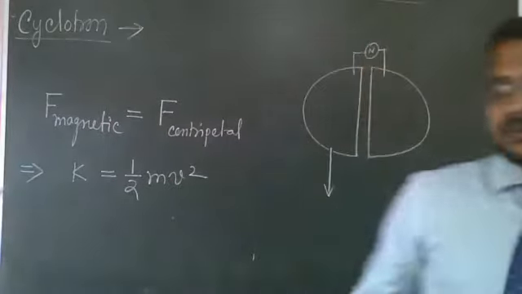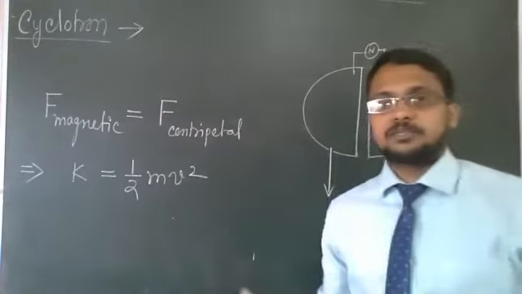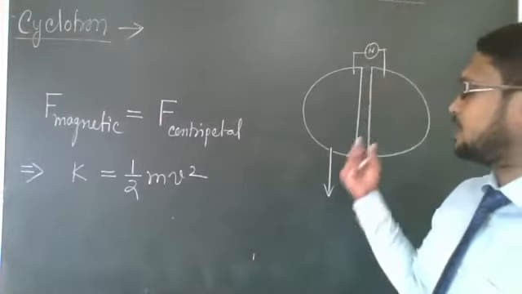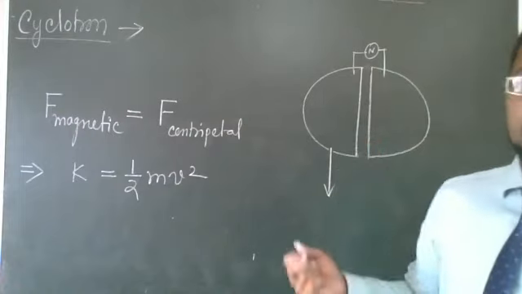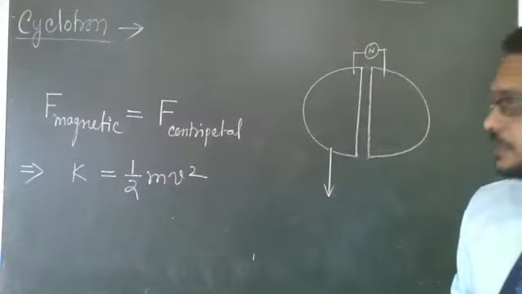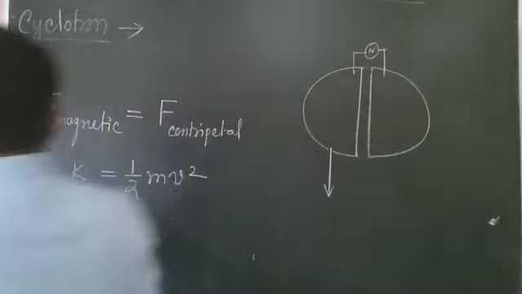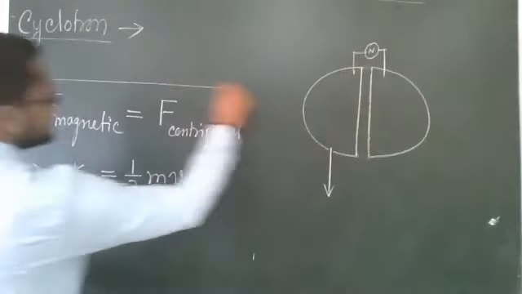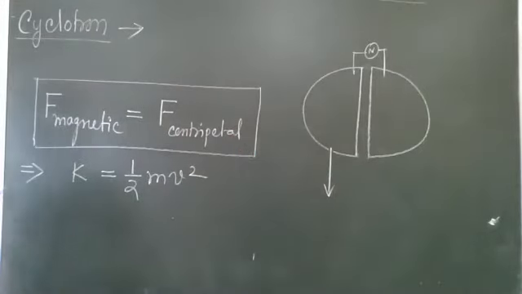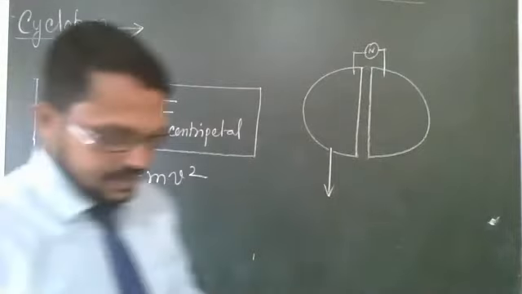It depends on the experiment, on how much kinetic energy of the charged particle is required for that experiment. According to that, we put the magnetic field, and we get the kinetic energy from the charged particle. So this is the basic principle in the cyclotron. After that, if you are asked to find the radius, you can find the radius.